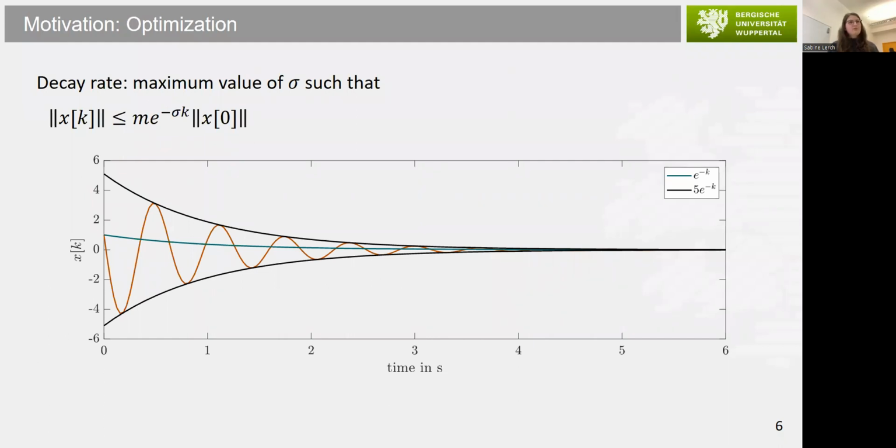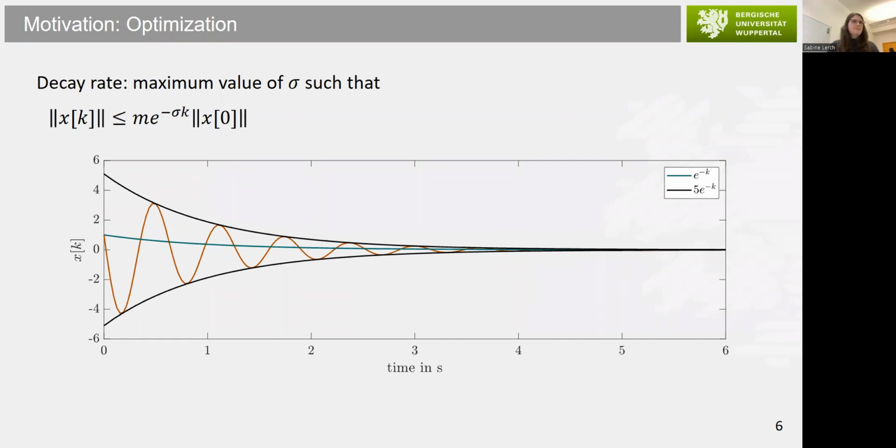But of course, we would prefer the blue system. But if we maximize only the decay rate, then both could occur. So instead of maximizing the decay rate, it could be a good idea to maximize the damping of the system. So we need different or additional criteria to find some quality function of the oscillations, and this is addressed